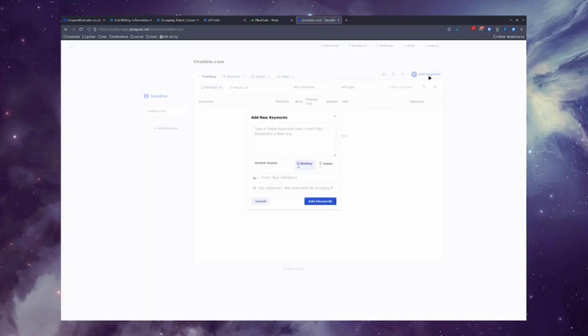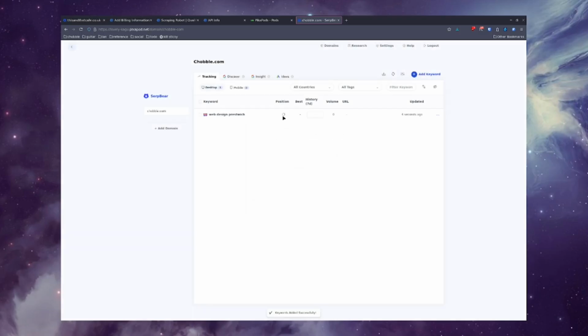We've got add keywords in the top, and then you need to filter this down to United Kingdom, because otherwise it'll be searching for the USA by default. And I'm going to search for web design Press Switch, which hopefully I'll be ranking somewhere for. And then we click add keywords, and you'll see it starts spinning. That means that ScrapingRobot in the background is looking for the position for this, and it's spun around, and then you'll see that it's got us ranking for position 20 for web design Press Switch, which isn't great, but hopefully